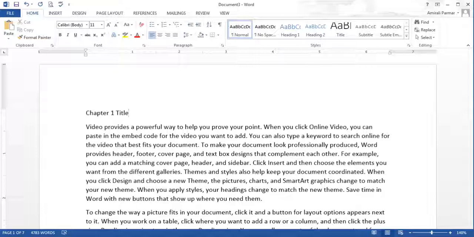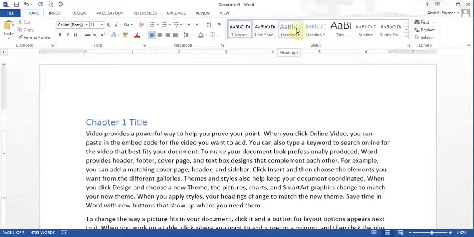And for you to make a table of contents work, we have to take the headings into account, the heading styles, because these are the styles which will tell the table of contents to take these